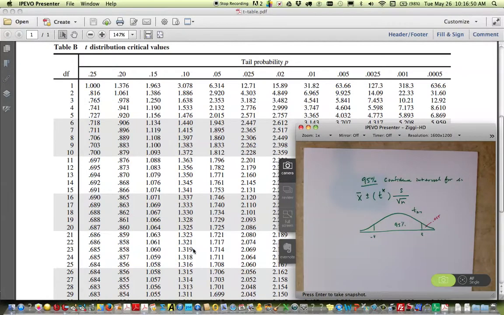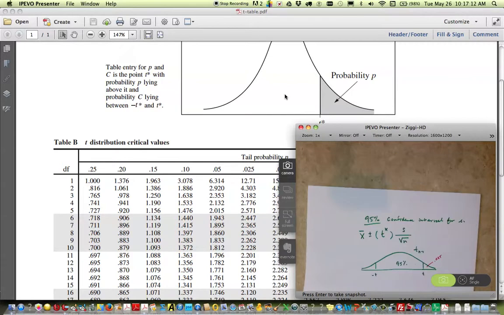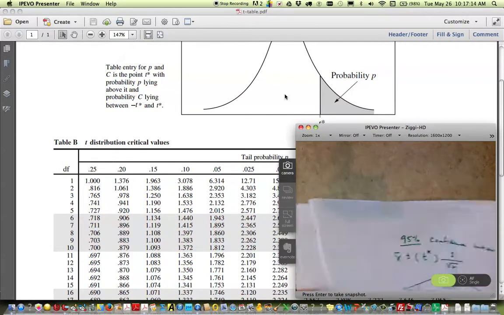First thing we're going to look at is the degree of freedom. The degree of freedom is in this column, and each degree of freedom is going to have a different graph, and it's going to have a tail probability that is given here. Right? And if you notice the picture up here, the probability is the right tail. All right, so let's say that I'm looking for, go back to our original problem with the gas mileage.